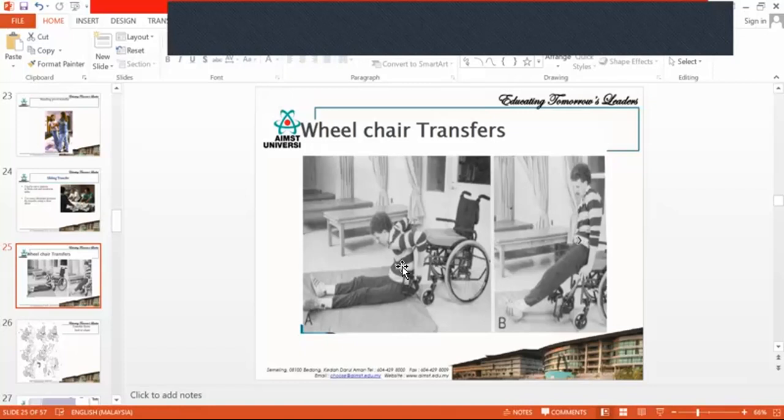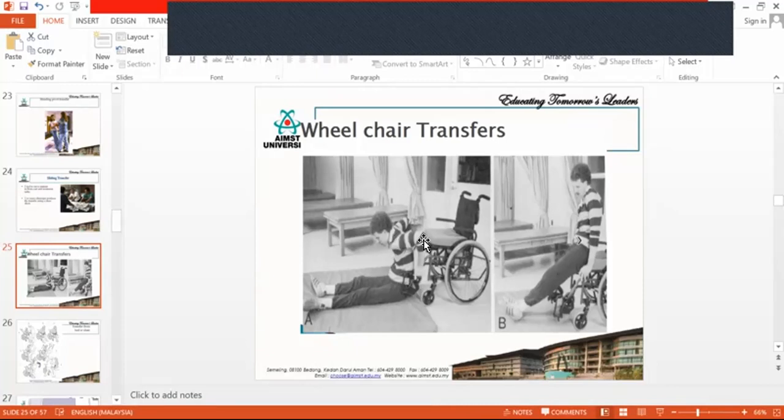So if you want to transfer, you have to go with a 2-person or 3-person or 4-person transfer only. But in the house, if the patient needs to get transferred by himself, then you can try to do this. So he has to lock the wheelchair, slowly giving a good support with the upper limb. That means the person's upper limb should be very strong, like how you do push-ups, sitting push-ups.